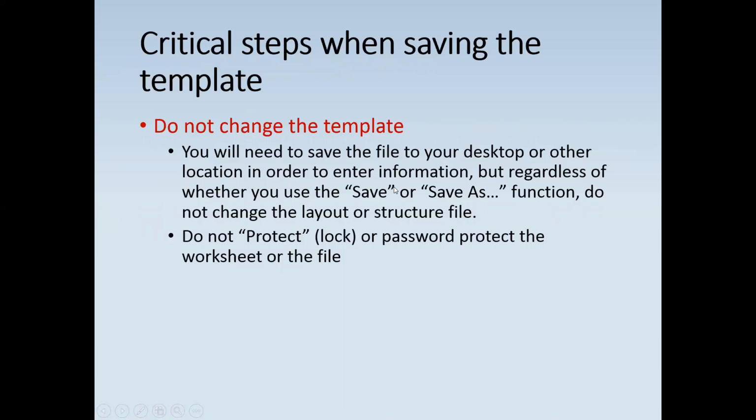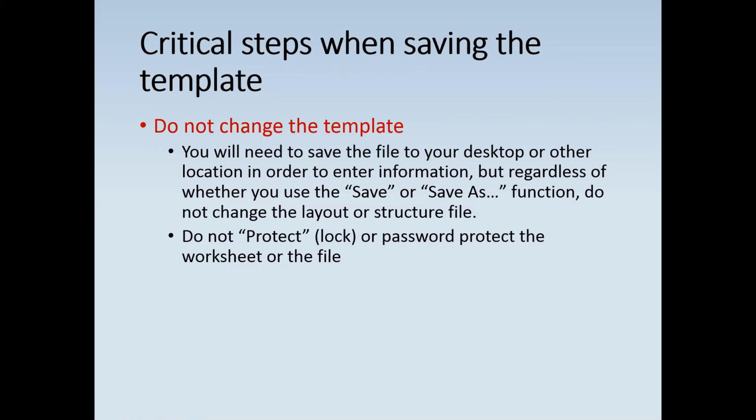Okay, so there are a few critical steps when saving the template. We are attempting to automate almost every aspect of this process this year. To be successful, there are 3 critical points that I need to make to ensure that the information flows smoothly through all these automated steps. These steps are easy to follow and most likely things that most of you would not even consider doing. First, do not change the structure or layout of the template. Do not hide, add, delete, or rearrange any columns in the tabs of the Excel workbook. Do not hide, add, delete, or rearrange any of the tabs in the Excel workbook.